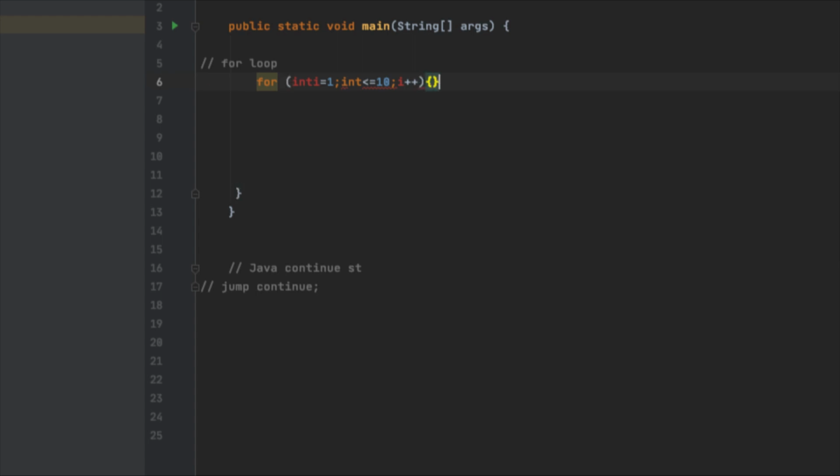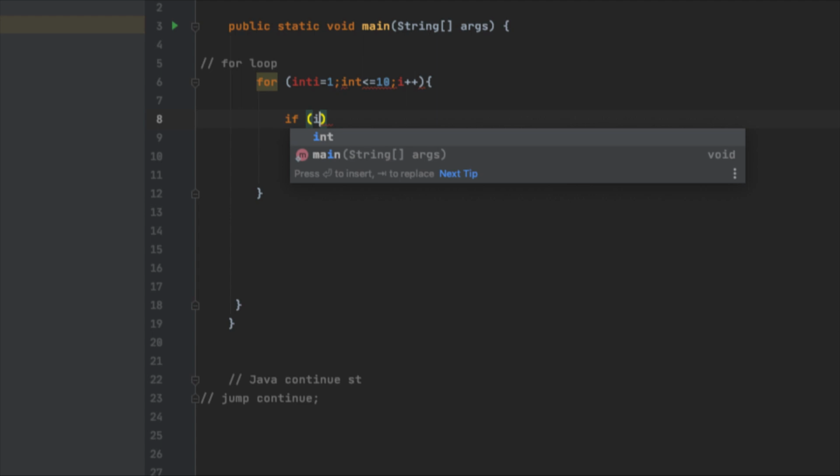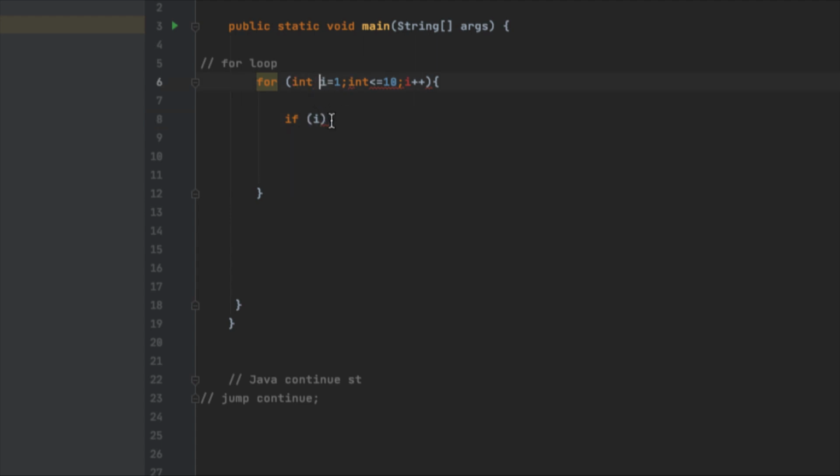Then I have this one open. Inside my for loop I have an if statement: if integer i is equal to 5, then